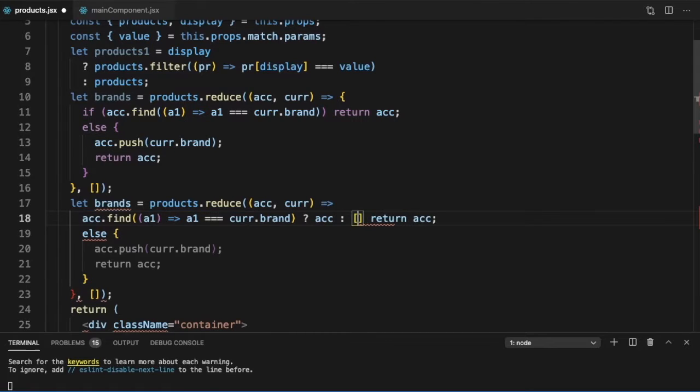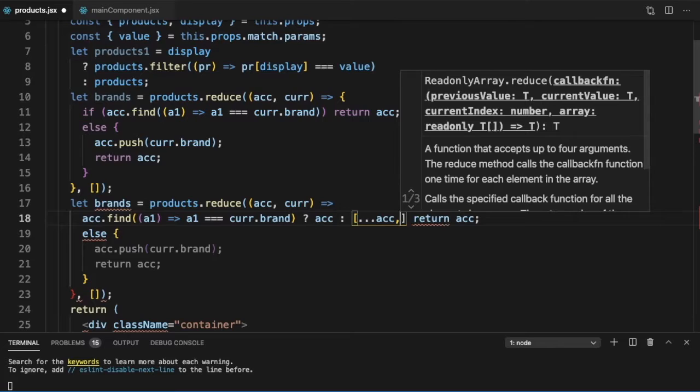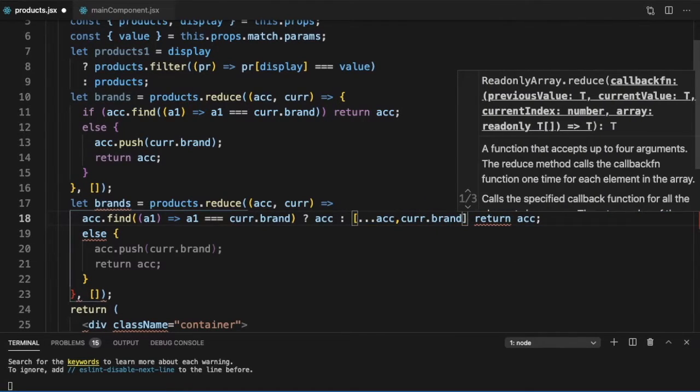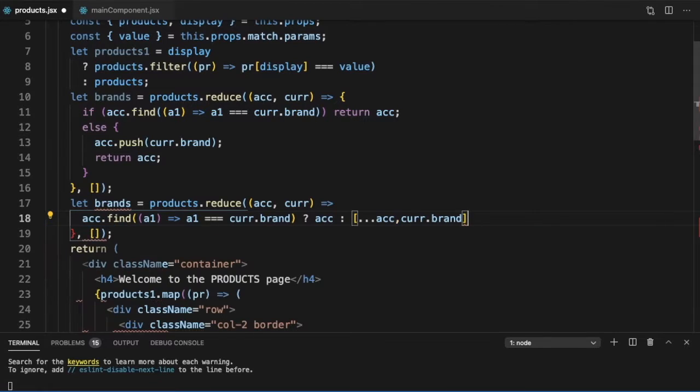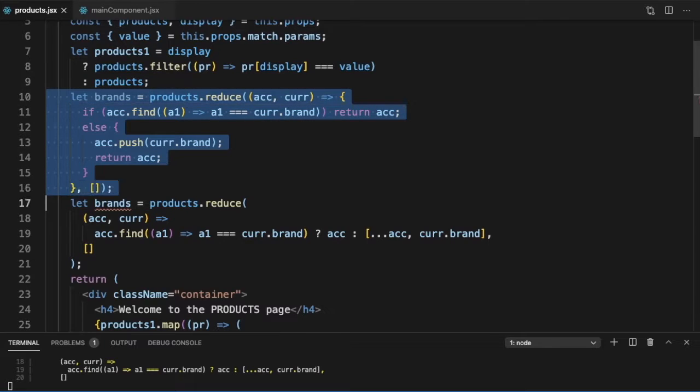Otherwise, what do we return? We spread ACC and we also add current.brand in it. So this is exactly the same thing that we have done there, but this is using a ternary. So let us use this one and I will delete the other.